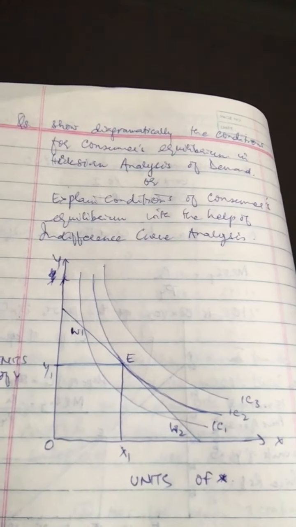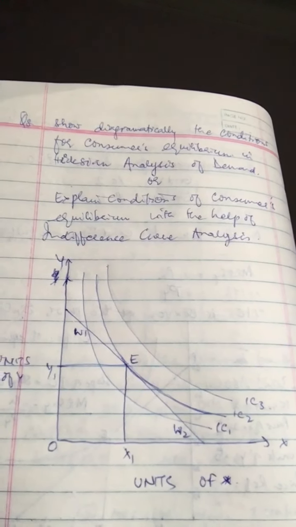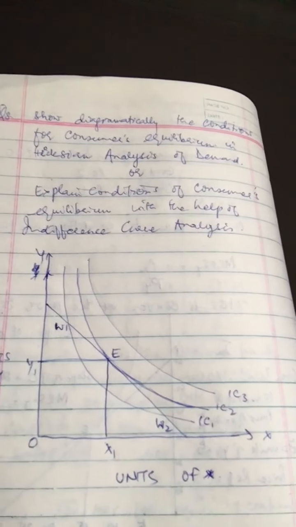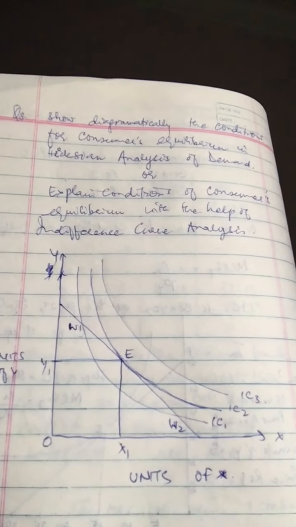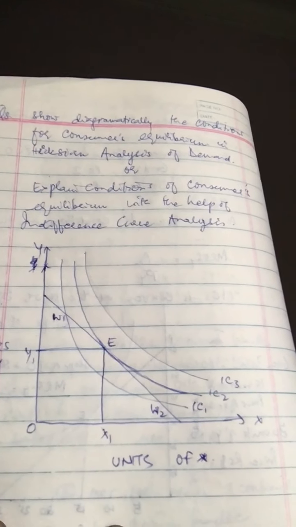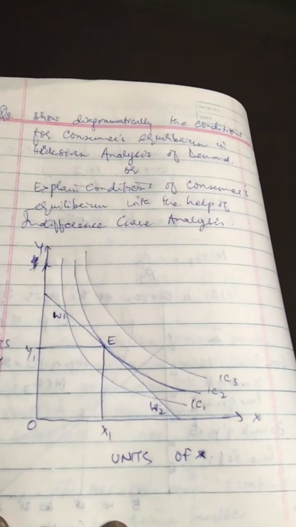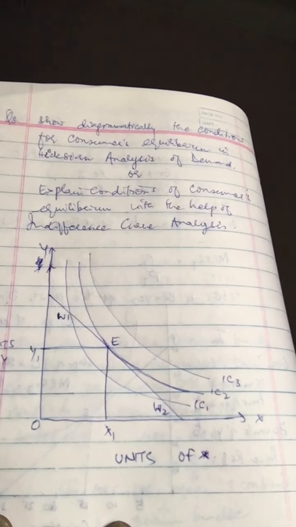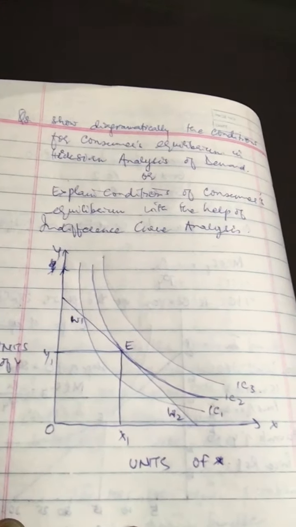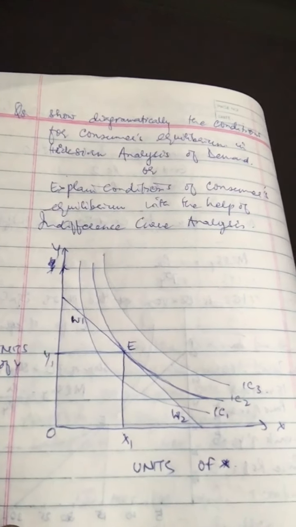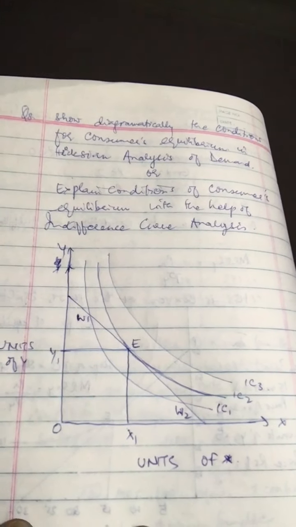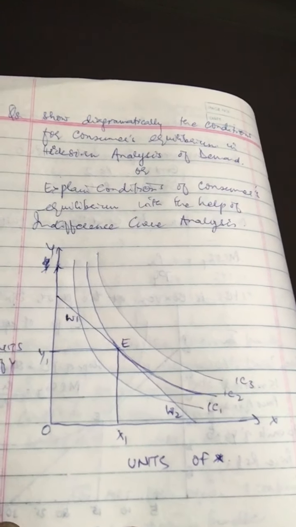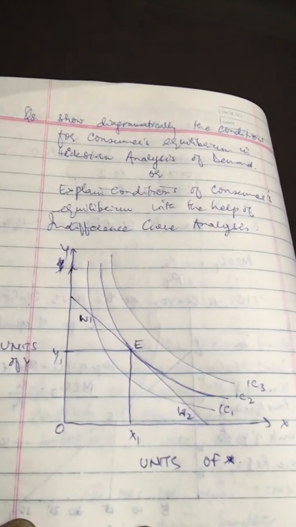And the second thing is that the MRS after point E, of course, MRS falls continuously, but after E, it won't be in his interest to go on buying more of X, getting more of X. So unless MRS continuously falls, the equilibrium cannot be established. That is also there. So the diagram shows the equilibrium of a consumer.